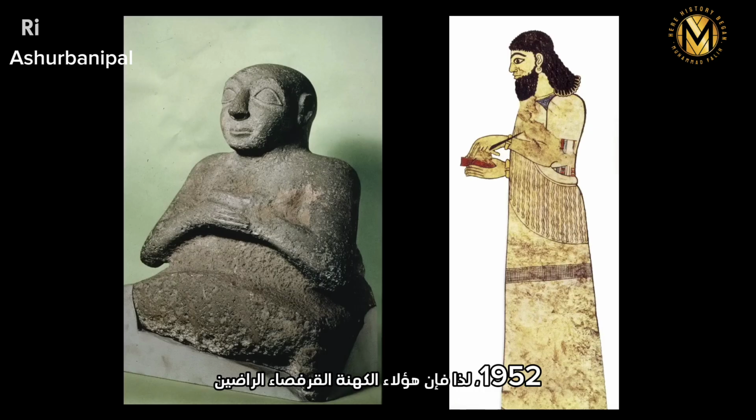So the squat, complacent priest on the left with a fat belly and a smug look is a Sumerian of the 3rd millennium, and he spoke one of the languages which is recorded in cuneiform writing. His language is unconnected to any living language at all. It's quite bizarre. The guy on the right is an